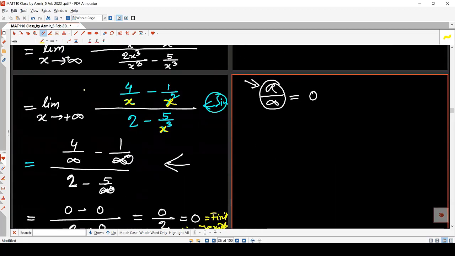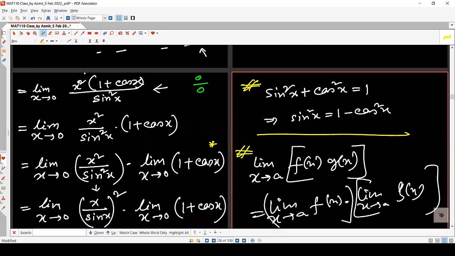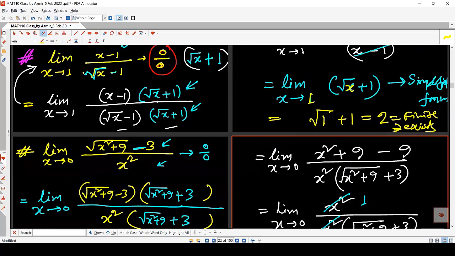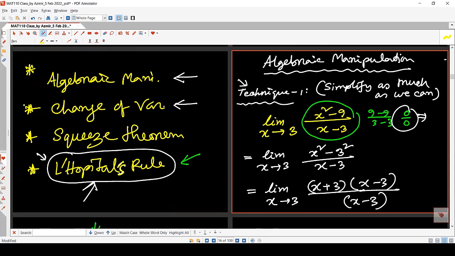So these are the techniques that we know as the algebraic manipulation method. So now let's focus on change of variable. Change of variable is also an algebraic manipulation technique, okay? But sometimes we have to change the variable. So there is no difference between change of variable and the algebraic manipulation method. Actually, these two can be merged, but